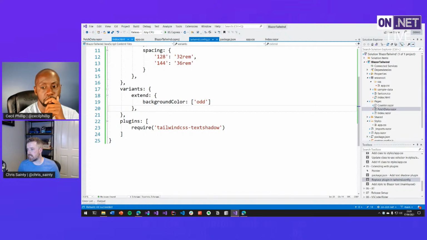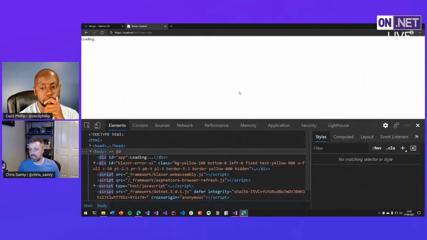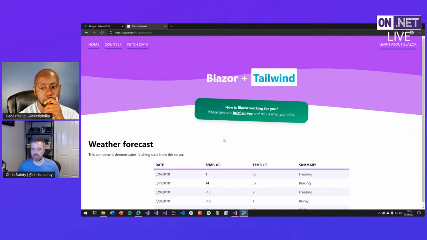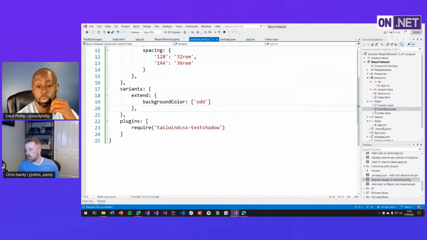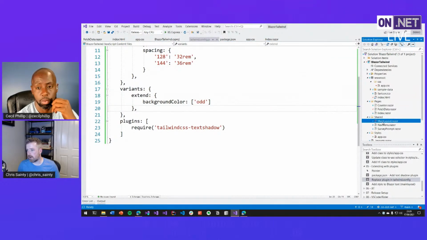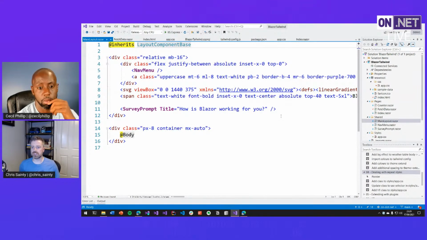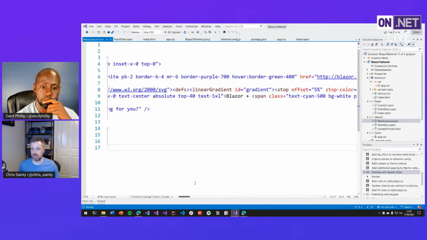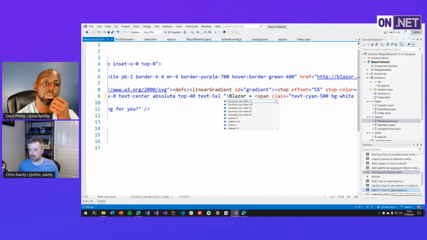So what I'm going to do is go back to the app very quickly. Reload. What we're going to do is put a little bit of a text shadow on this Blazor word, just to make it stand out a little bit more. So in my shared folder, I've got my main layout. So this span here is that word Blazor there. So I'm just going to go in there and add in